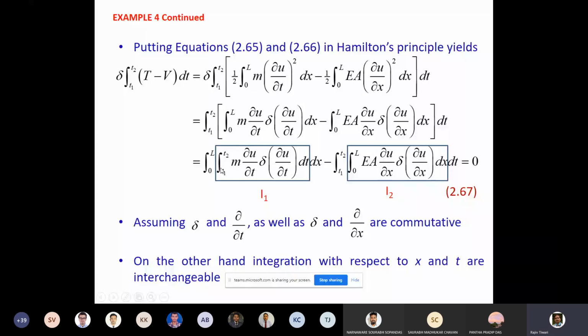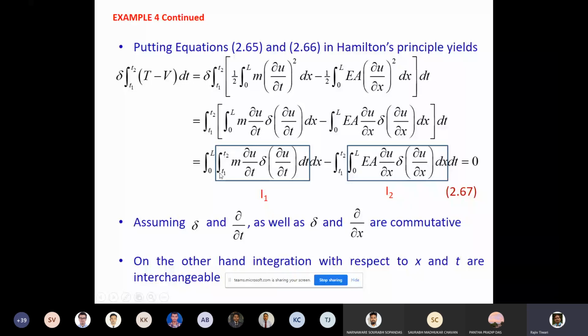In this step, I'll just change the integration order. Here, I'm not changing the integration order. Why? Because if you see here, the differentiation is with respect to time. I want to do integration by parts on this particular expression with respect to time, so that this differentiation with respect to t gets eliminated. Here, the differentiation is with respect to x, and integration is also with respect to x. So when we do integration by parts, there will not be any difficulty. That is why we have interchanged the integration operator in the first, not in the second.